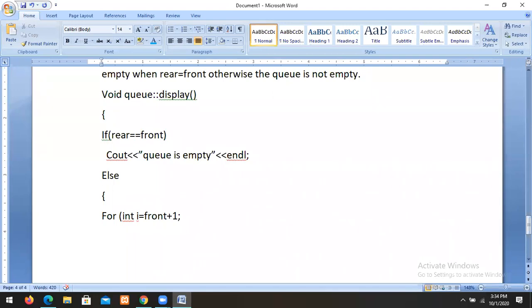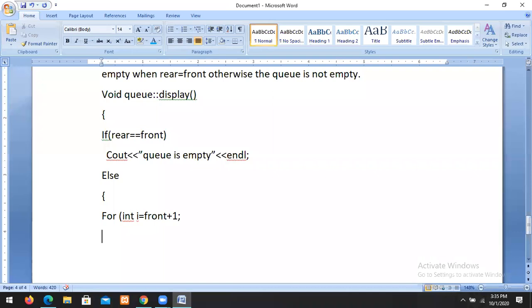If we have deleted 3 elements, the front is 3, so we print from the 4th position. If we have deleted 4, the front value is 4, so we print from the 5th position.